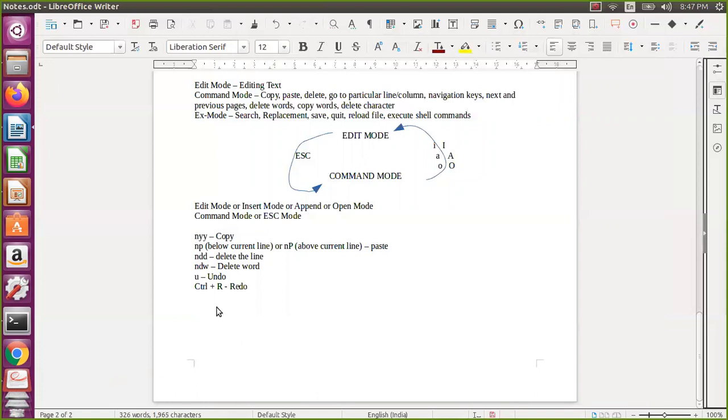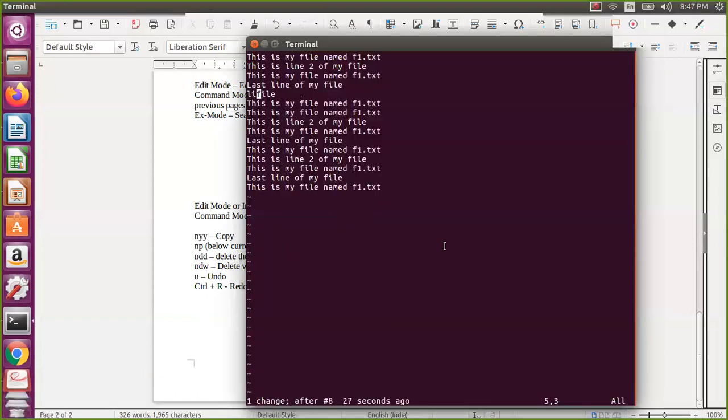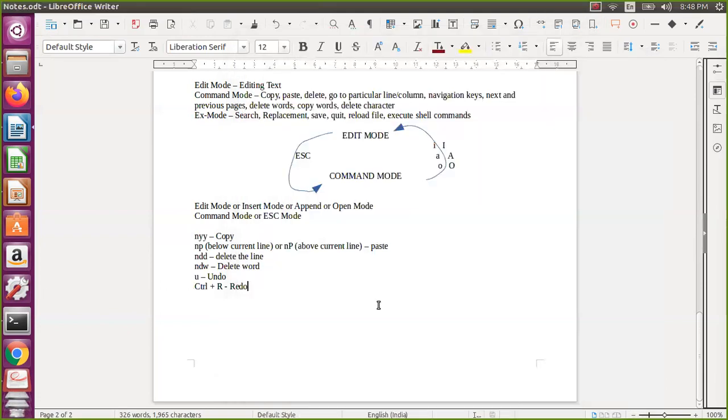Okay, so we have seen delete line, delete word, and let us assume I want to delete characters actually. I don't want to delete all these. Let us assume I want to delete something that includes the space also. So up to this I want to delete, means 4, 5, 6, 7, 8, 9. So I will just come here in this line and I will say 9x. Okay, so you can see here 9 characters got deleted actually.